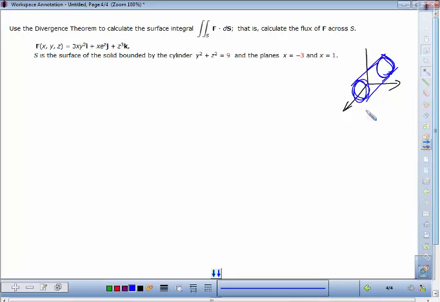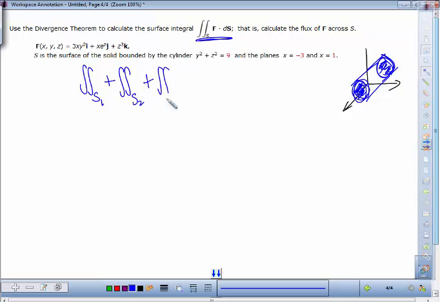If you were to do the flux integral directly, you would need to do 3 integrals: one for this flat surface, another for the other flat surface, and another for the cylinder itself. So this is a flux integral that would come in 3 parts, and I'll make up a notation where we add up 3 flux integrals to get the one we want. But of course we're not going to do that. We're instead going to use the divergence theorem,